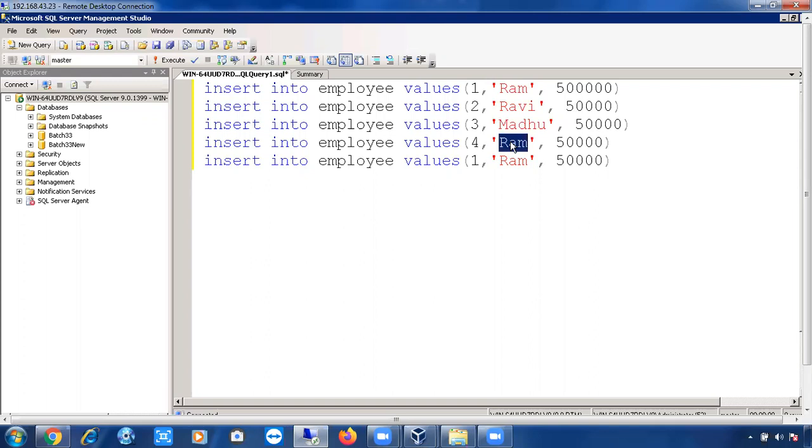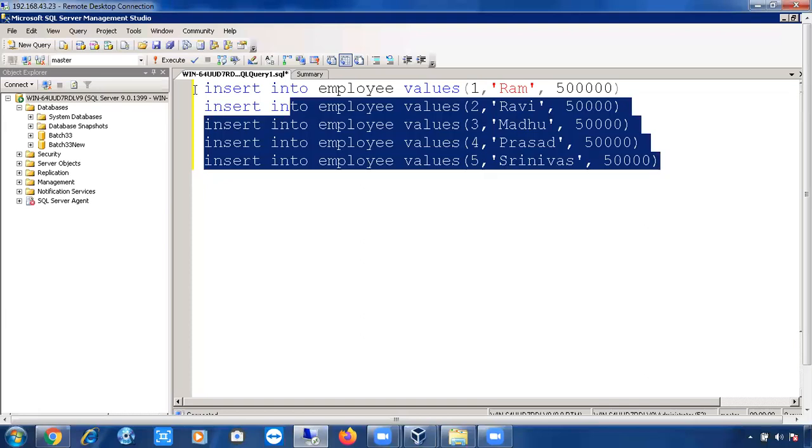Prasad. Fifth record. Madhu, Prasad, Ravi, Ram. Who is the other one? Srinivas. Okay, these are the 5 records.